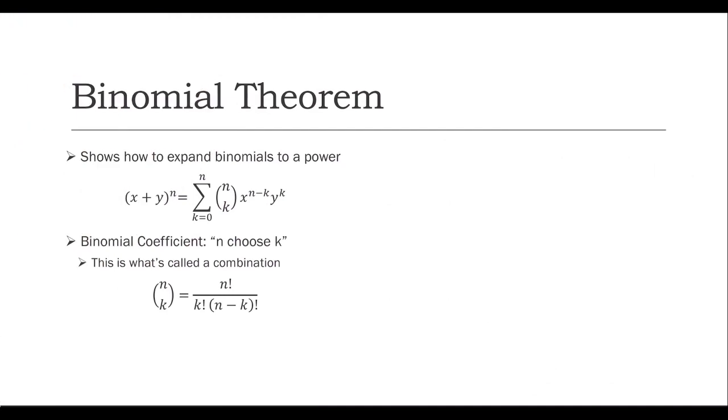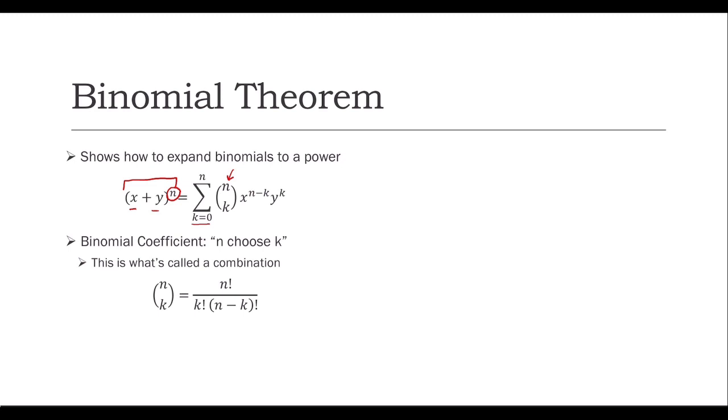First, we'll learn about the binomial theorem. So the binomial theorem shows how to expand binomials to a power. So this is what a binomial is right here, because it has two terms and it's raised to a power. So to figure out how to expand it, you do the sum from k equals 0 to n of n